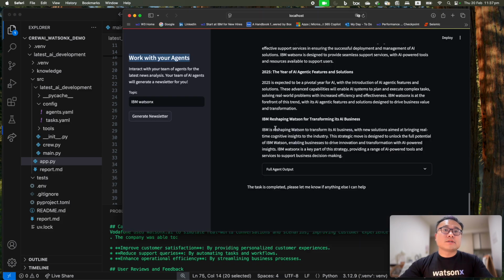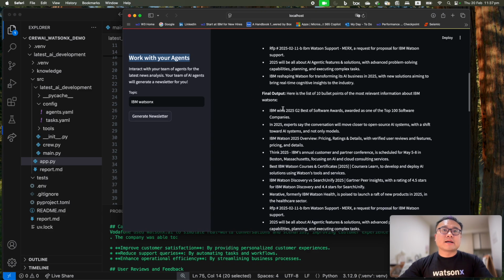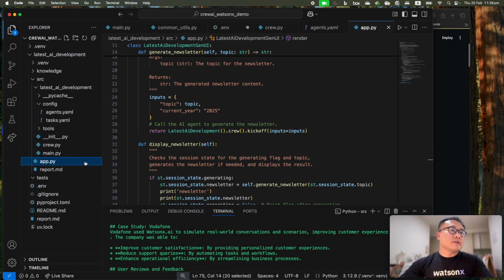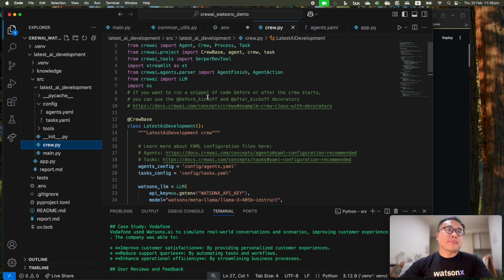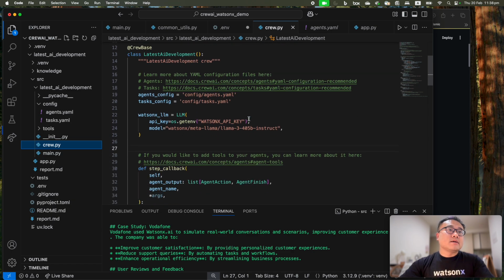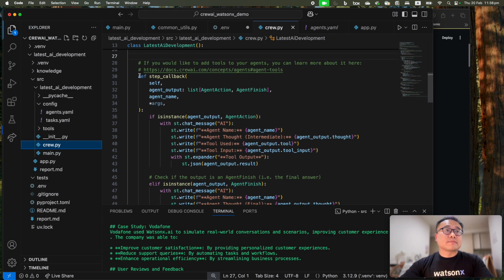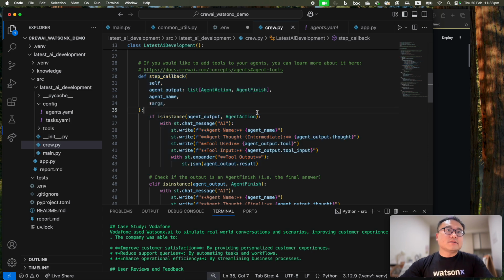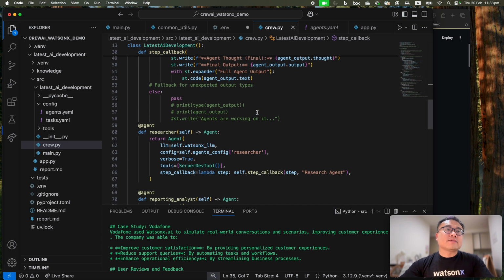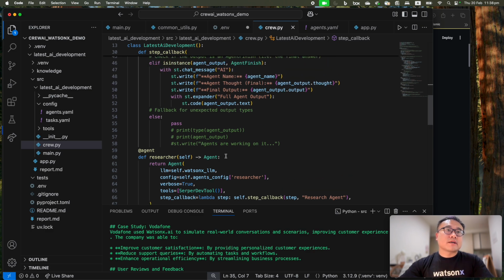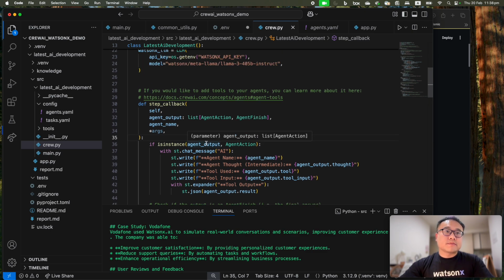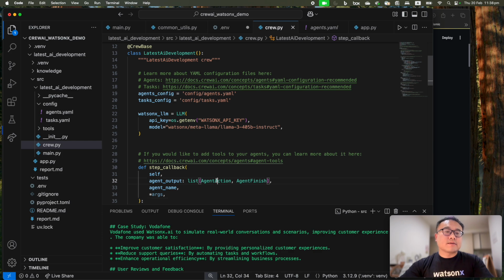In order to show the thinking steps between, before the final output, that will need us to build a customized function under CrewAI. So here, the function I created is based on another YouTube sharing. I will put the link below. For every step the agent works on the task, it will have an output, and this output can be